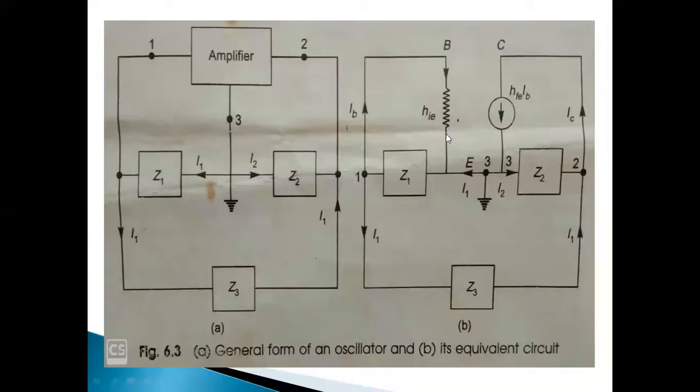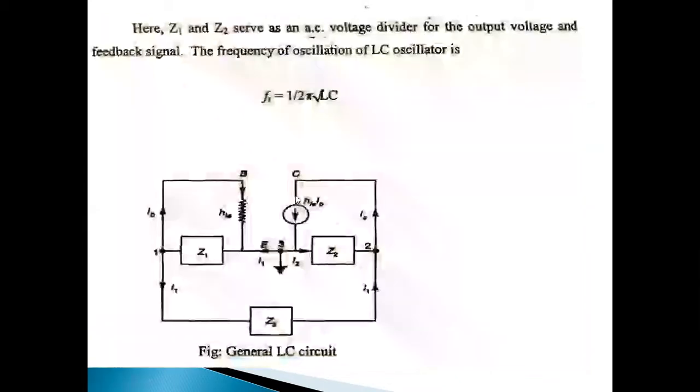Okay, normally a transistor consists of two elements, if you take the simplified model, not the exact model. So in the simplified model, we have two elements. We know those two elements are, first one is HIE, next one is HFE. One is resistance and the other is a current source. This is the equivalent circuit of this amplifier or the transistor. If you take the transistor in place of the amplifier, this is the equivalent circuit, and the remaining portion is the same as this one. Okay, so let us derive the circuit.